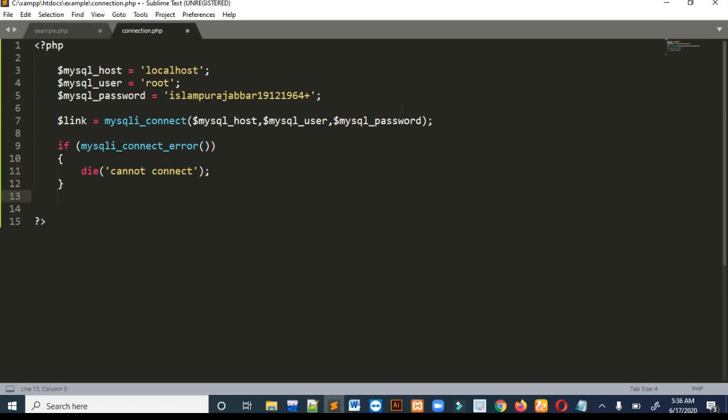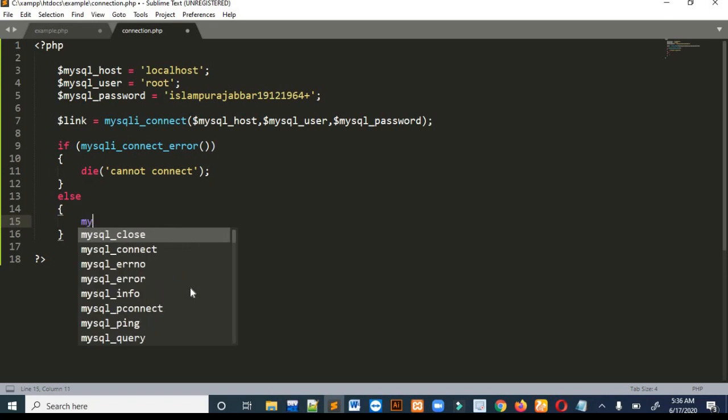In the else part we will connect our file with the specific database we want to connect. Now over here we will select our database by writing mysqli_select_db. It is another built-in function.